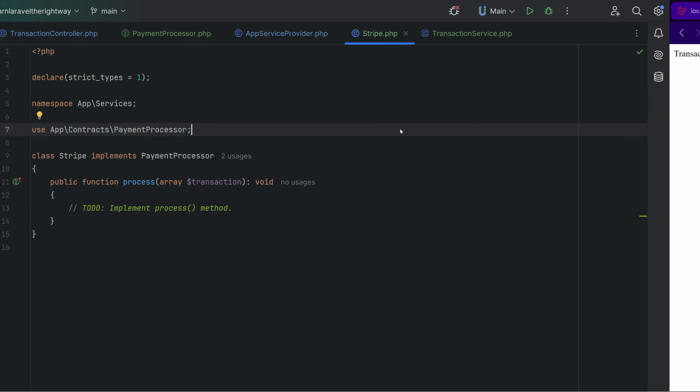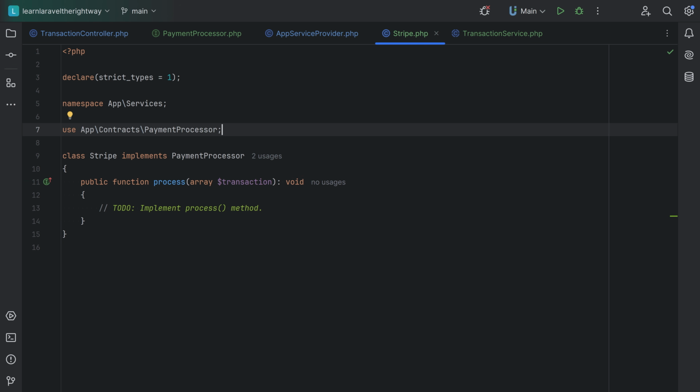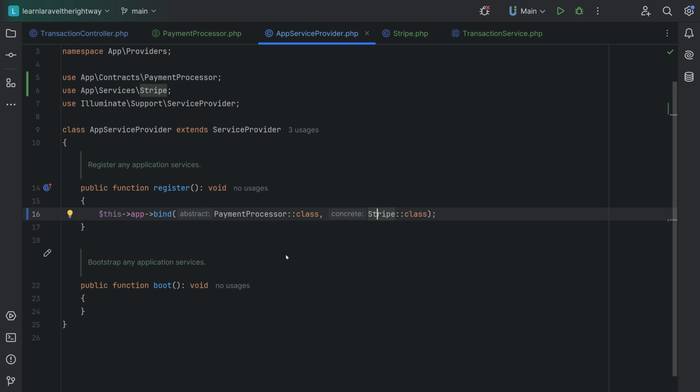There are a bunch of other helpful methods available on the container instance. You can bind a single instance using singleton, which essentially just resolves the class only one time and then uses that same object afterwards if it's asked to be resolved again. You can do contextual binding, bind primitive values, you can extend bindings, and so on. You can check the documentation for all kinds of bindings depending on your needs, but this specific binding is a